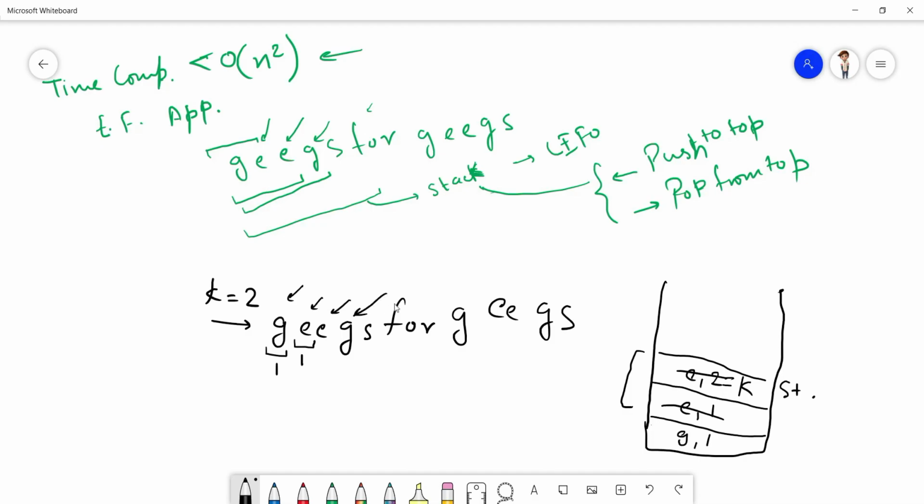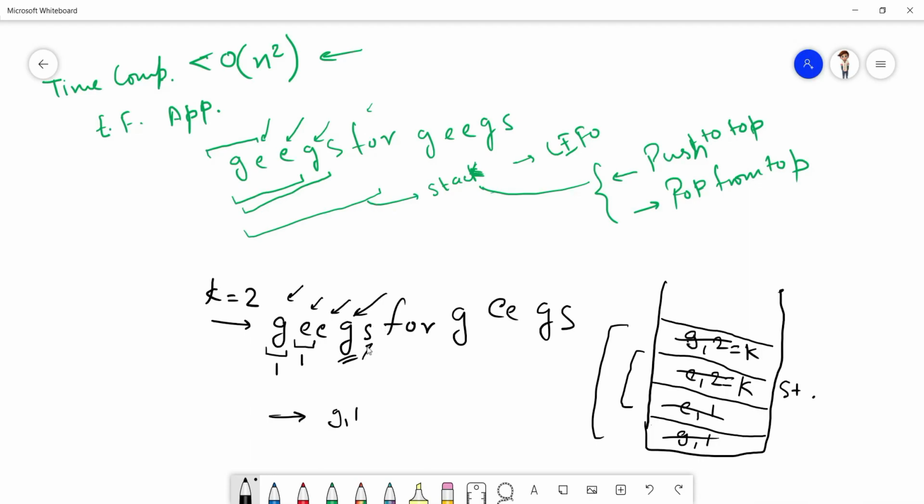Now we come over to G. The top of the stack is G comma 1, and it is also G. So now the count has been increased to 2. Since the count has been increased to 2, we should also pop the top k elements from the stack. Now this has been popped and this has been popped, right? So now the stack becomes empty.